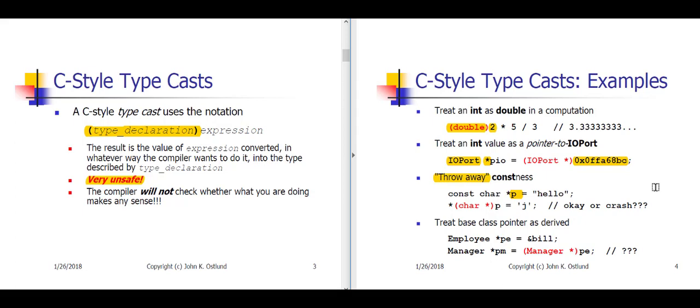If you want to try to change what's in the string literal, you can use this cast, open paren, char star, close paren, in front of the pointer to say, all right, I know I have this pointer to a character const, but I want to treat it as a pointer to a char that is not const. And then I will use the star to do a dereference or an indirection on that pointer and assign a little j into